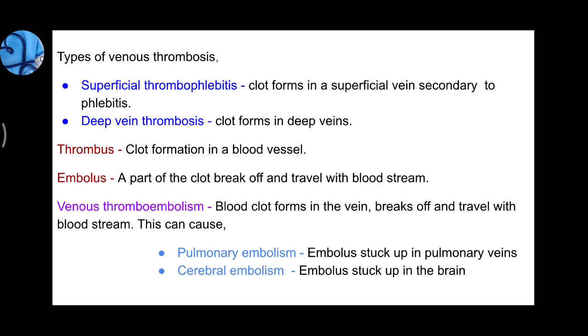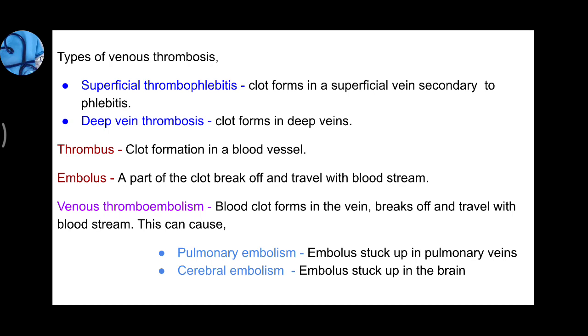Phlebitis means inflammation of the blood vessel. This inflammation may cause alteration of the vessel wall, and as a result, clots can be formed. The second type is deep vein thrombosis, where clots form in deep veins. Now let's see what a thrombus and an embolus are. A thrombus is a clot that forms in the blood vessel and does not travel with the bloodstream, whereas an embolus is